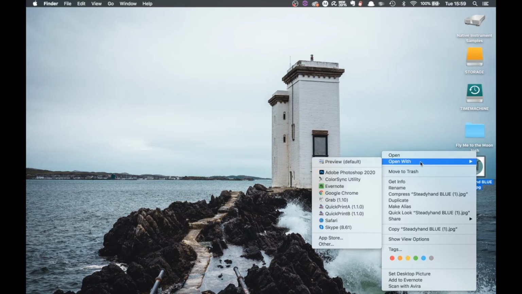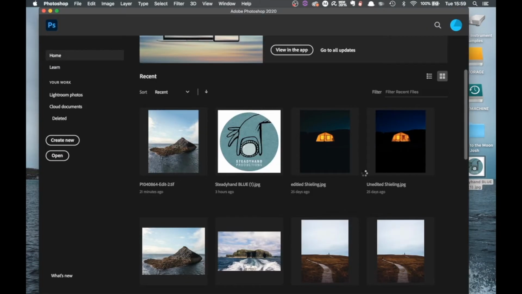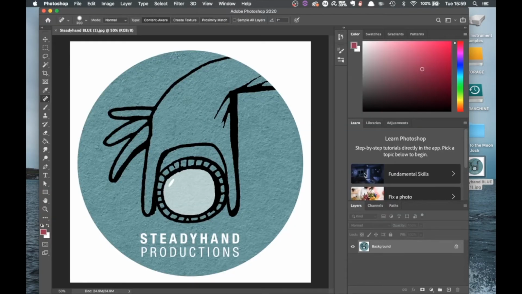So first of all, let's open up the logo in Photoshop. Now we have to isolate the logo from the background. There's a few ways to do this, but I'll show you a super easy way here which works for most logos. So first of all, we're going to select the Magic Wand tool and then we're going to select the